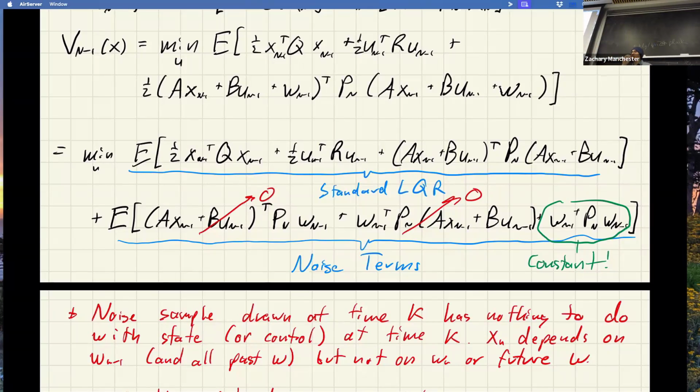There's some sense in which this is kind of this argument about Gaussian being the maximum variance distribution, blah, blah, blah. It's like the most unpredictable it could be, and you can't really do anything about it. And in the zero mean case, this is all that happens. Basically you just throw up your hands and do LQR, and that's provably the best thing you can do, which is